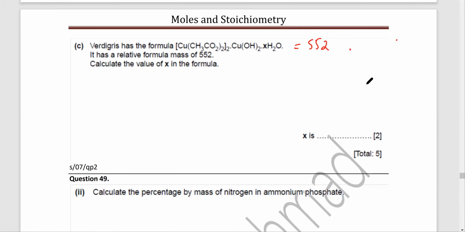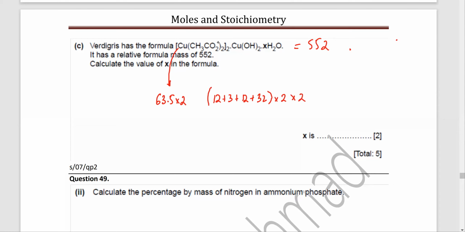So this one, there are two coppers in it. Somebody do the calculation. ठीक है, start doing the calculation. There are two coppers. ठीक है. Remember, he's put a square bracket, so उसके बाद there's two. अच्छा फिर there is CH3 CO2. So CH3, that's 12 plus 3 hydrogens plus another 12 plus 2 oxygens, so that's 16 into 2, that's 32. फिर वो multiply by 2 हो रहा है और फिर बाहर bracket के there's another multiply by 2.